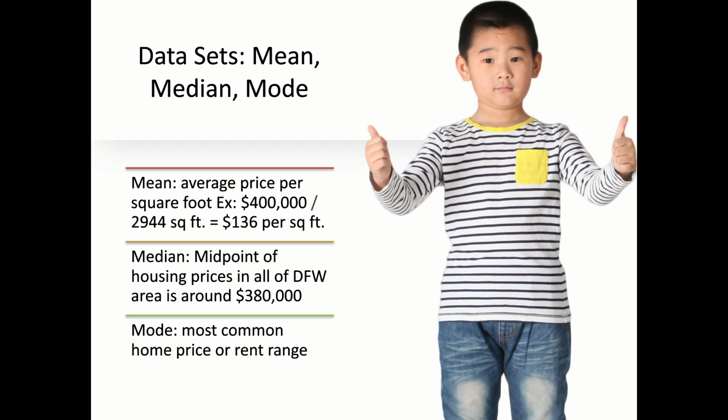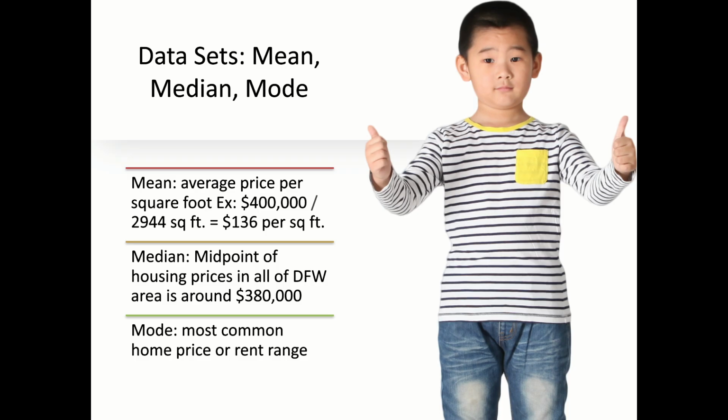Starting off with data sets. Data sets are an important tool that investors can use as a way to find the average housing market price in their area and to find more information about a specific listing that they may be looking at. For example, to find the average price per square foot of this listing, we would divide the purchase price of $400,000 by the total square footage, 2944, and we would find that the average price per square foot for this house is